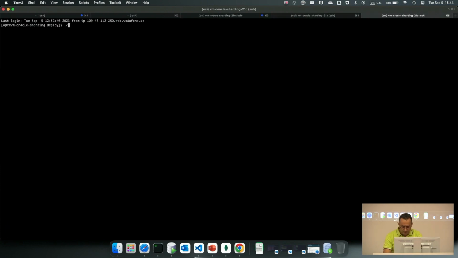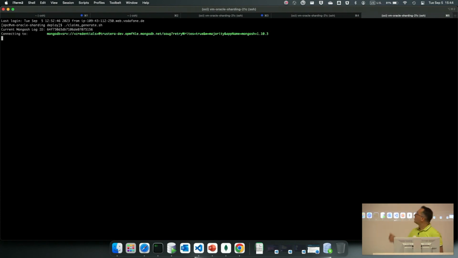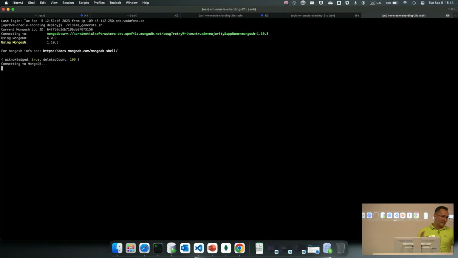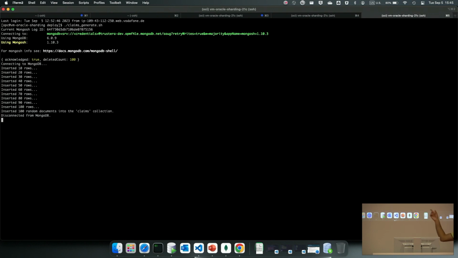So I will say claims generate. Basically, this is now going to the MongoDB cluster. It's going to delete all the data. It's going to generate 100 new records randomly because I don't want to fake the result. And then we're going to migrate the same data to Oracle. We show the Apex, and that would be it. It's a bit slow because it's